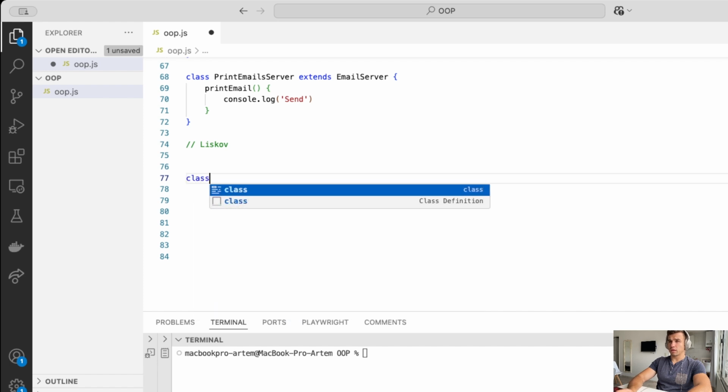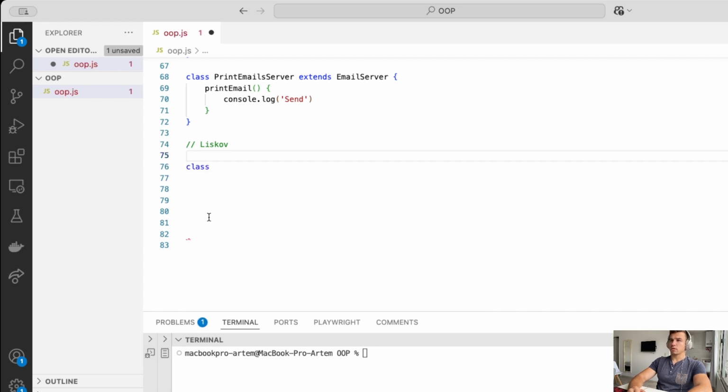It's a little bit complicated to explain with words, so I'll just write the